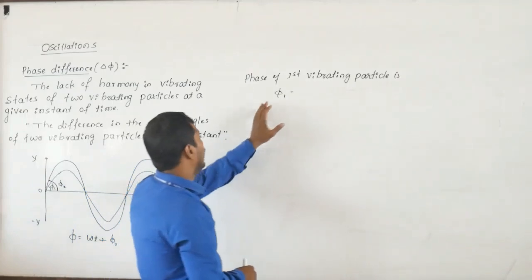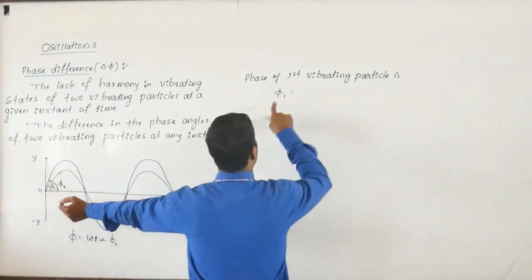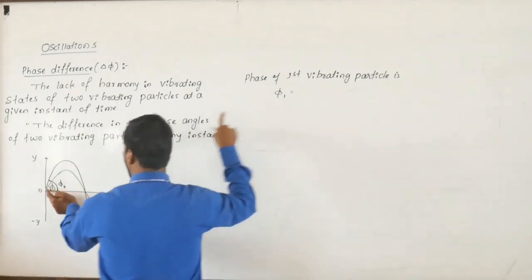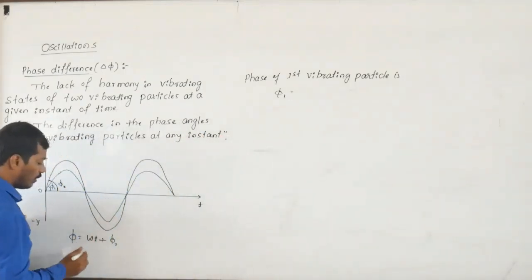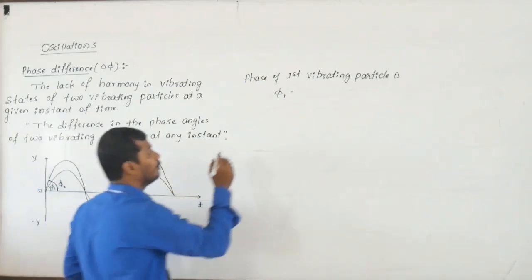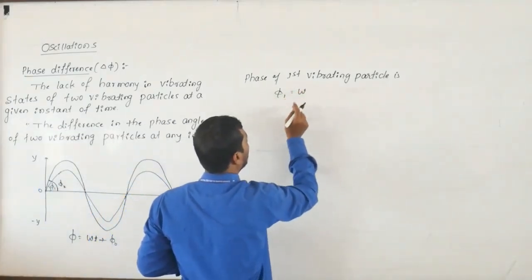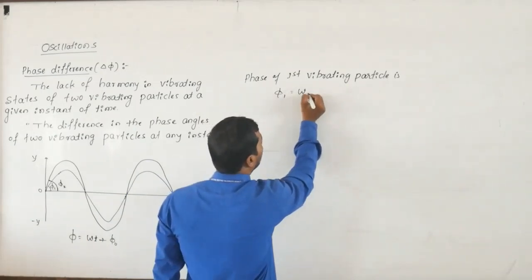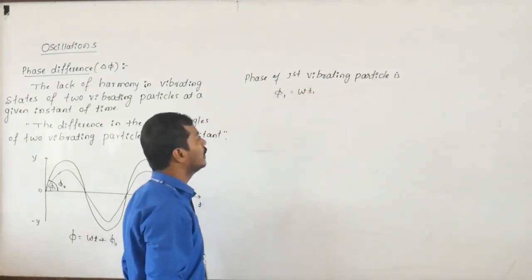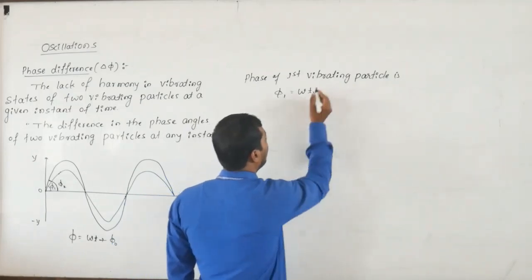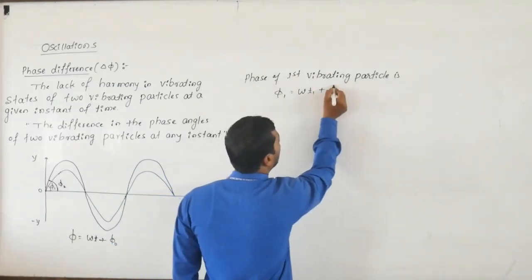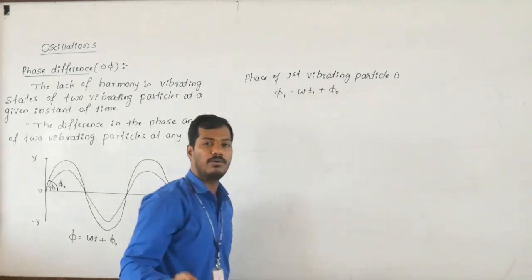The phase of the first particle is phi 1 at that instant of time, call this time t1. Omega is the angular frequency, it is constant, and t1 is a small instant of time for the first particle,